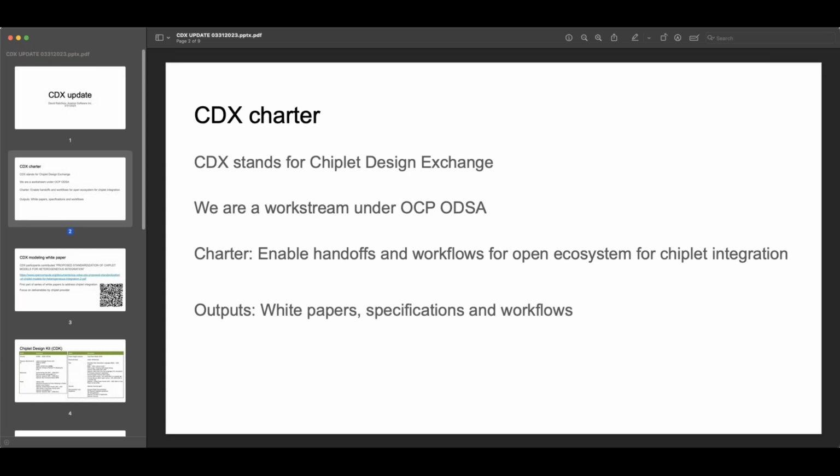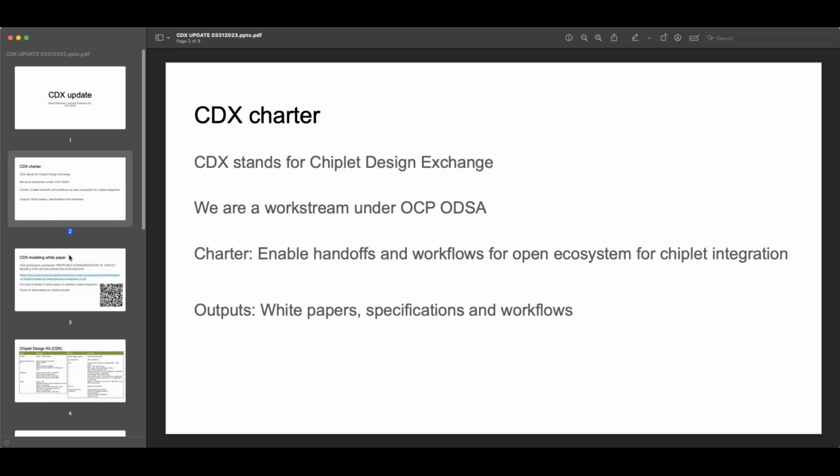In cases where we find something missing, we would write a specification or look for contributions from participants to help us enhance the workflows and the file formats to allow the integration of chiplets into bigger systems.